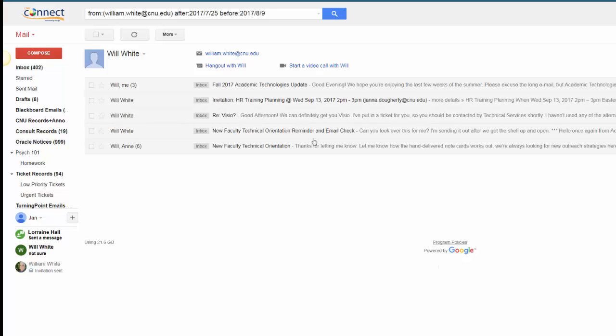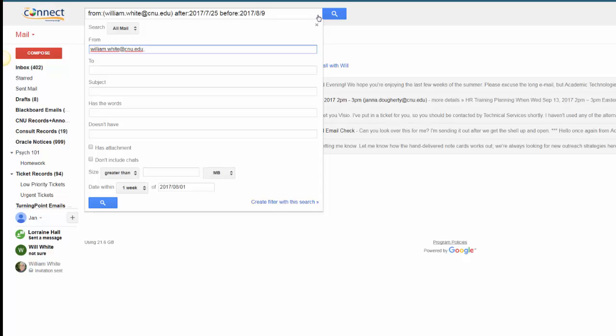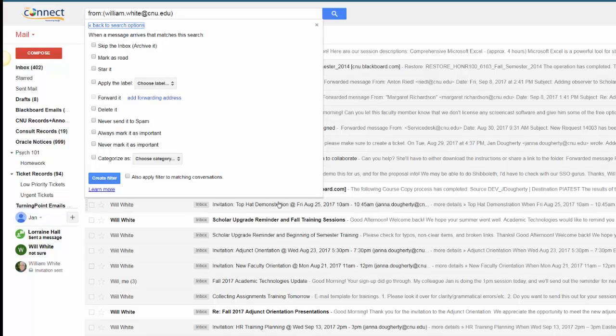You can also use the advanced search to create what's known as a filter, meaning you can set incoming emails with certain criteria to have certain actions automatically applied to them. So if we open up that search box and select Create Filter, we can see certain actions that can automatically be applied to emails from this particular person.